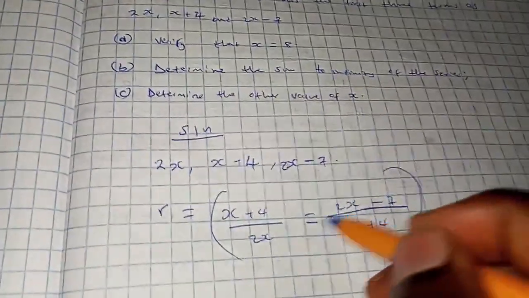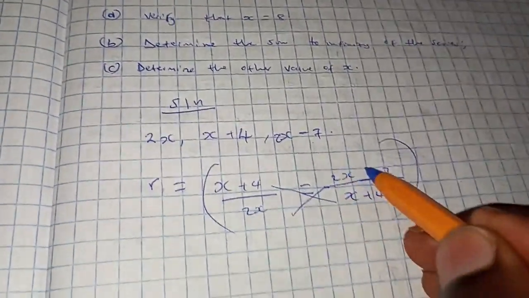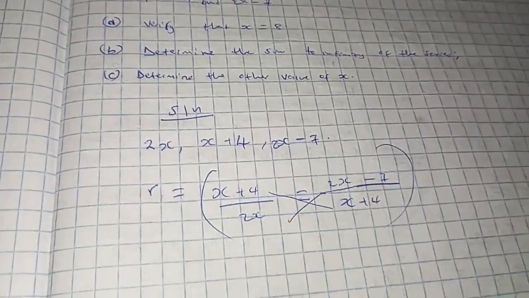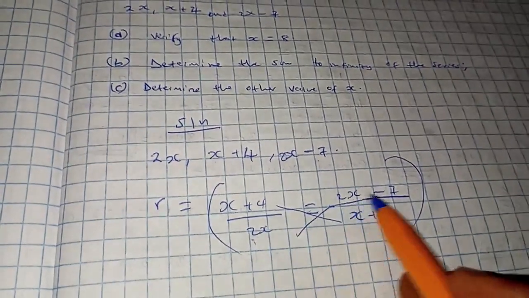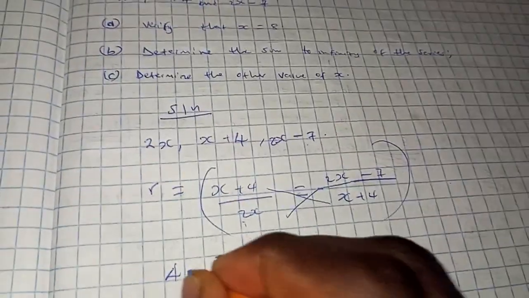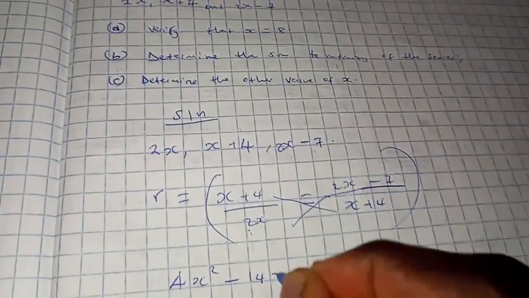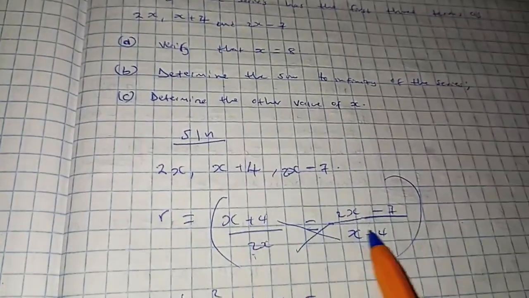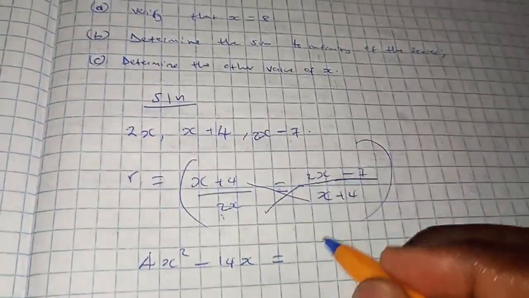So we deal with this part so that we can equate. We cross multiply the two. So 2x is multiplied up here, then this one is multiplied here. We start with this one, 2x times 2x minus 7. So here you have 4x squared minus 14x equals to